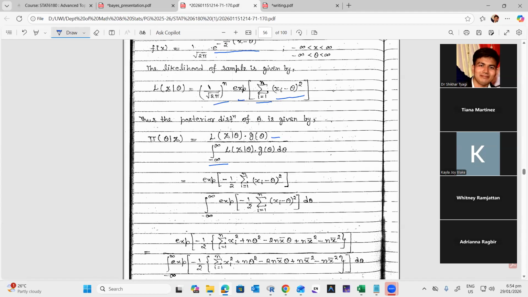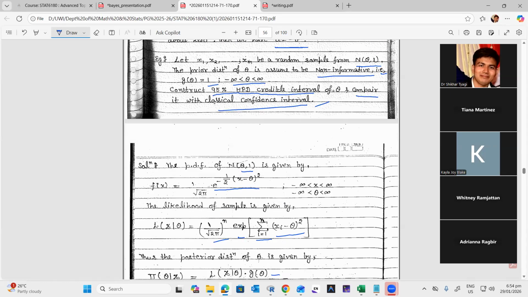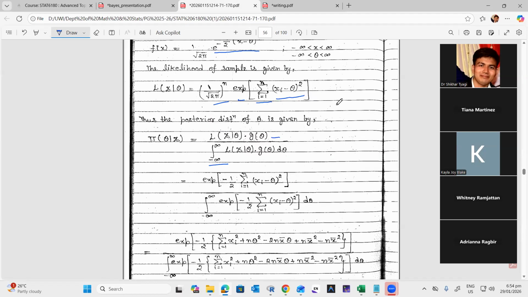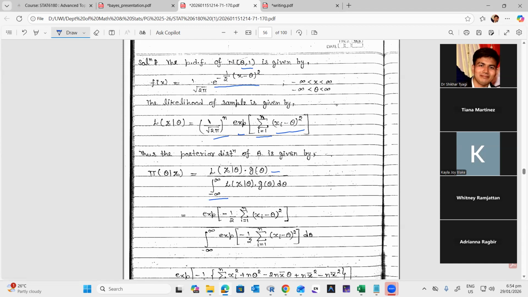Because the prior distribution is 1, we will simply write down the likelihood function, 1 upon root 2 pi raised to the power n into e raised to the power minus 1 by 2 summation i goes from 1 to n (xi minus theta) whole square,